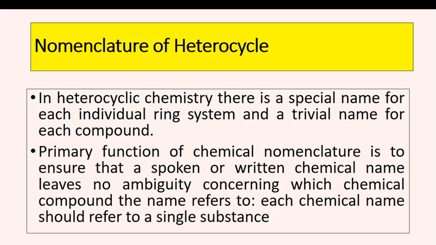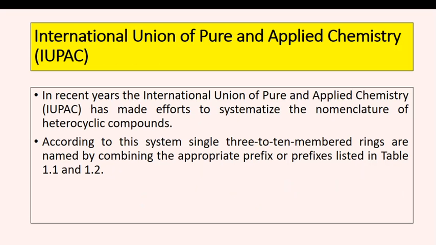So the primary function of chemical nomenclature is to ensure that a spoken or written chemical name leaves no ambiguity concerning which chemical compound the name refers to. So each chemical name should refer to a single substance. The International Union of Pure and Applied Chemistry, which is known as IUPAC, has in recent years made an effort to systematize the nomenclature of